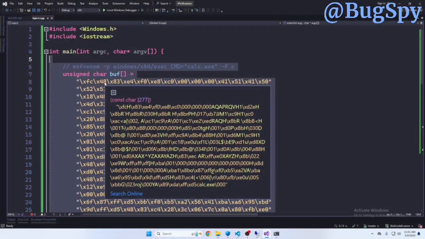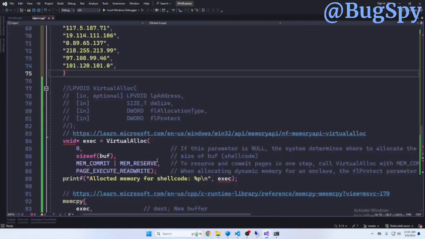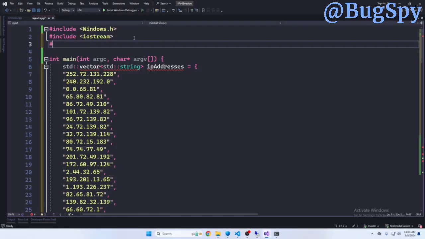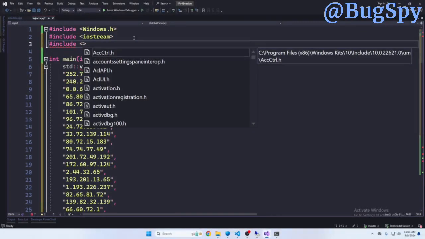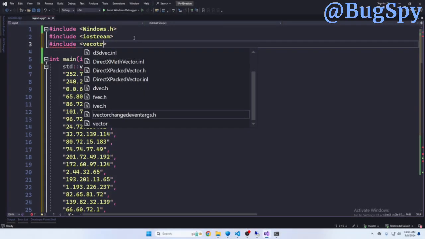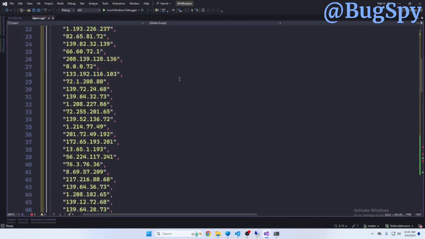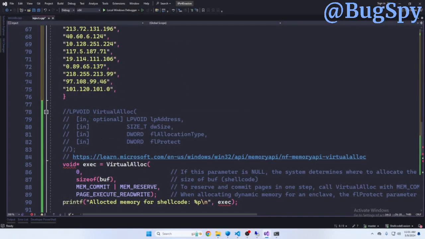We'll delete our initial shellcode and let's import some of the requirements here, and then we'll see if we can decode it and execute. So we'll do vector. Let's add